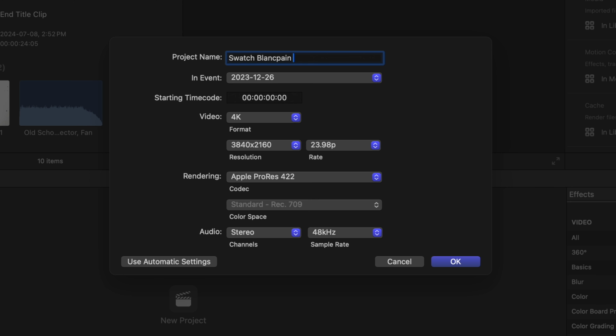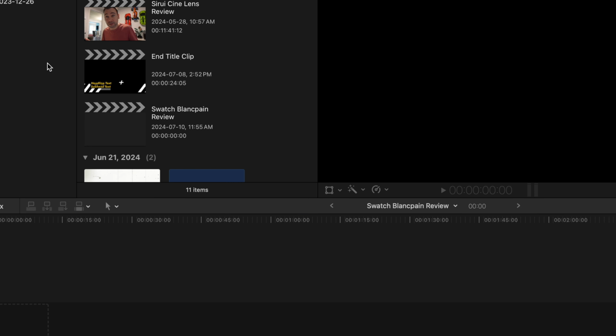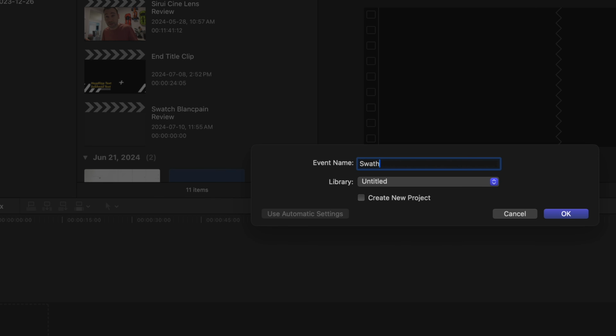I use Final Cut Pro as my editor of choice, but because my edits, again, aren't anything crazy, pretty sure you'll be able to use most of these tips in any editing software that you might be using, whether it's CapCut or DaVinci Resolve. The first thing I always do when I'm creating a video is I have my notes,